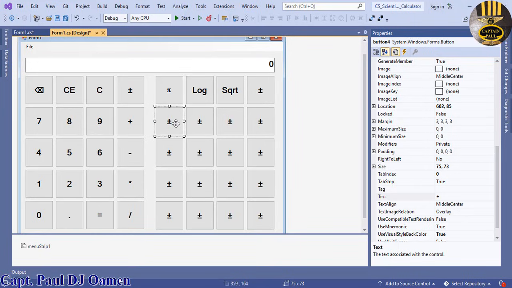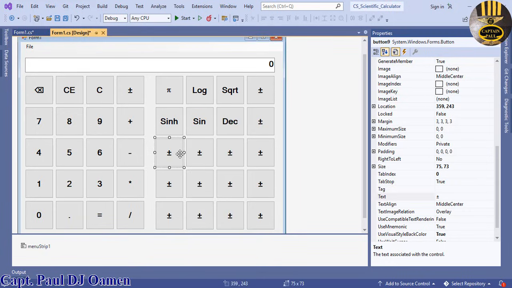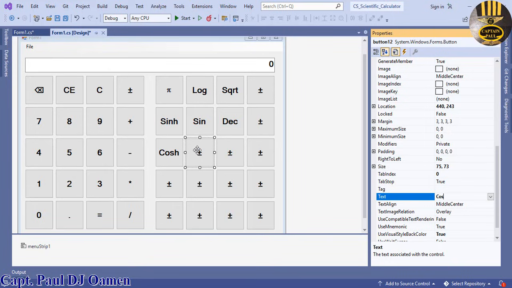Okay, let's go for sinh here, and I'll give them a name later on. And this is going to be sin, that's going to be decimal, cosh. We have cos here, we have binary, and